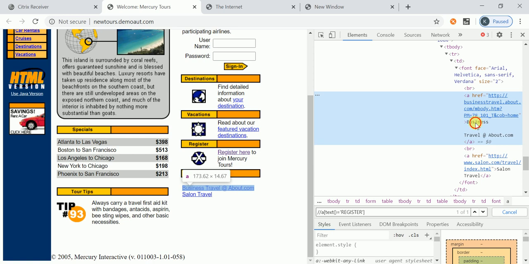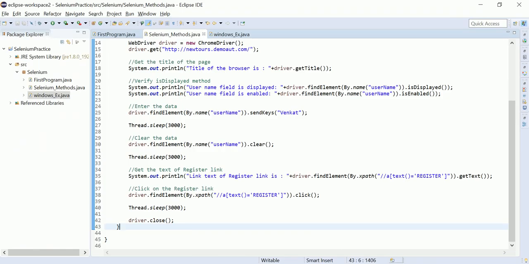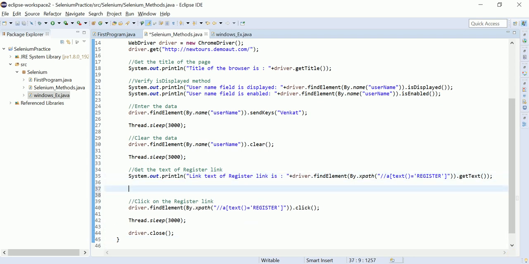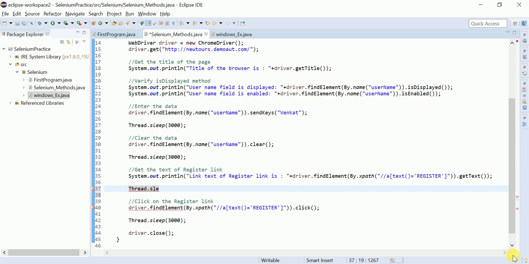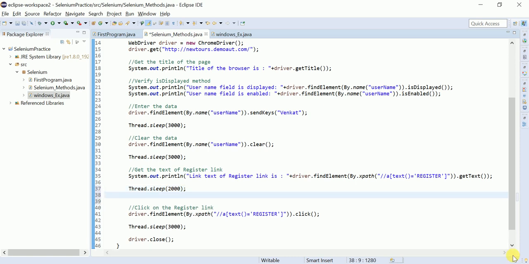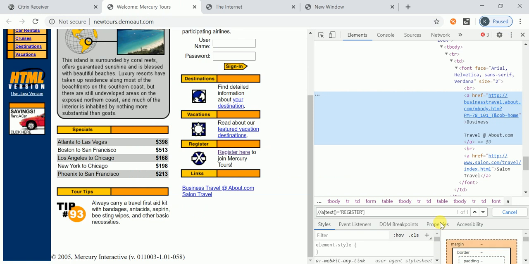I want to use the contains method here. Carefully observe how I am using it. After getting the register link text, I want to wait here for 2 seconds, and then I want to get this link text, travelabout.com.